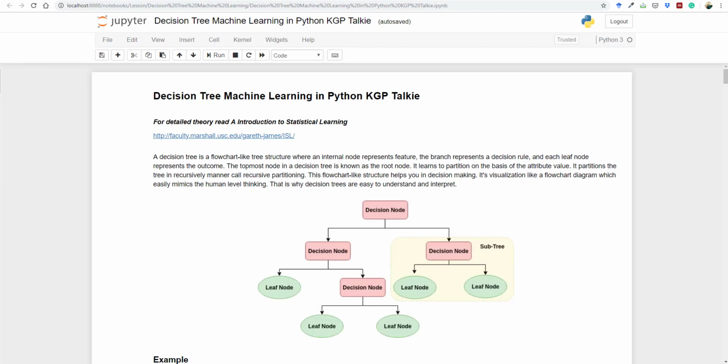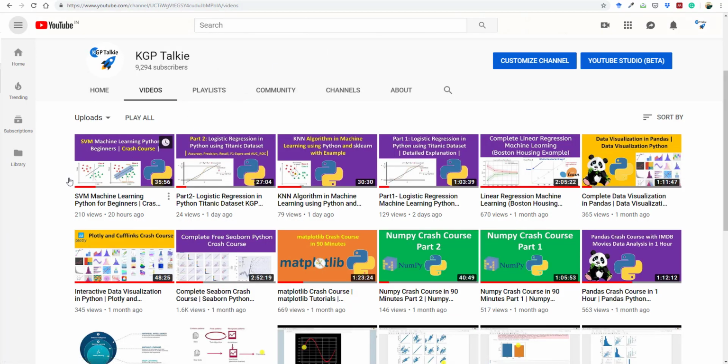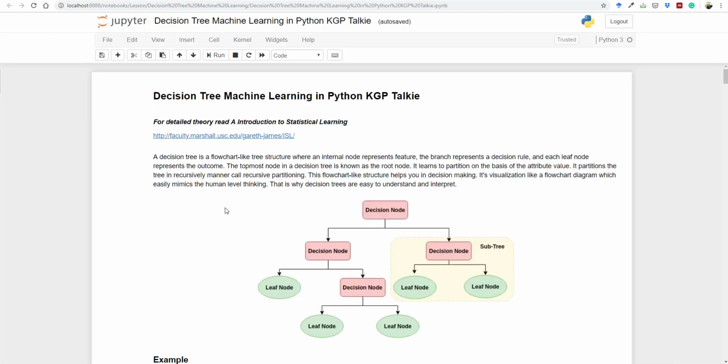This is Lakshmikant Tiwari. In this lesson, I am going to teach about decision tree in machine learning using Python. Previously I have also taught a few other lessons. If you see here, I have taught about SVM, logistic regression, KNN algorithms, linear regression, and other Python getting started tutorials. But in this lesson, I'll be talking about the first theory of the decision tree,